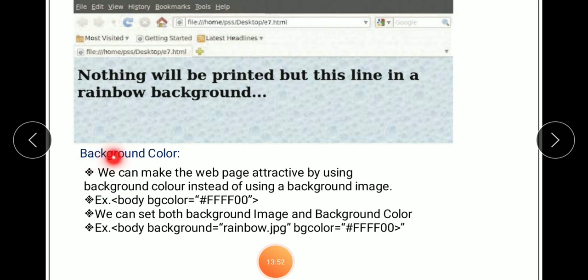Now we move to background color. We can make the web page attractive by using background color. If you want your background to be very attractive, you can use background color instead of using a background image, or you can add both background colors and background image.